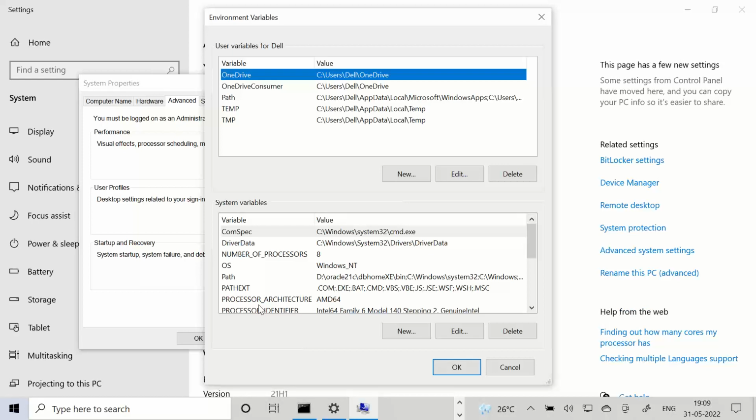Upper one is for one user, lower one is for all the users. You can see lower one is system variables. It's not for one user, it's for all the users who are working in the same system. Under system level, you can find a path.